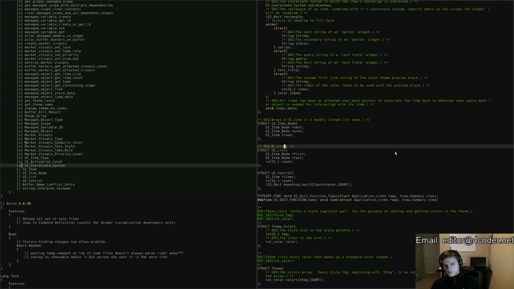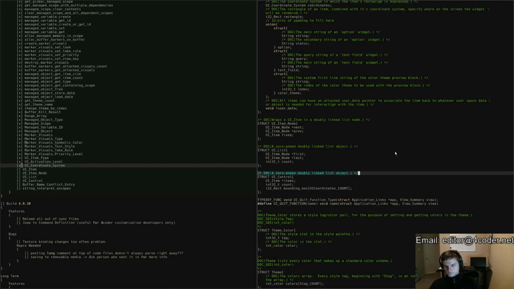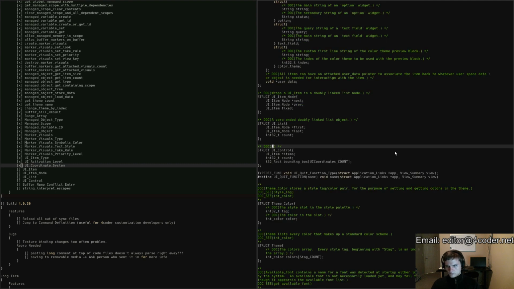A zero-ended doubly linked list of doubly linked lists, an array of UI items and a set of bounding boxes that